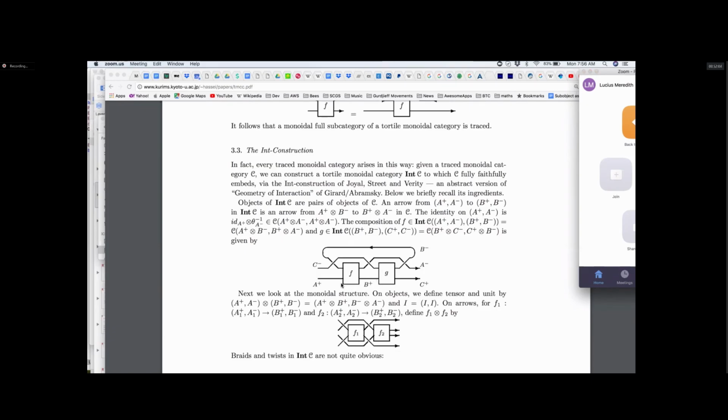But effectively, it's mutual feedback. So if you're composing F and G, F runs from A to B, and G runs from B to C. But remember, the A's and the B's are effectively doubled. You've got input and output on both sides, right?